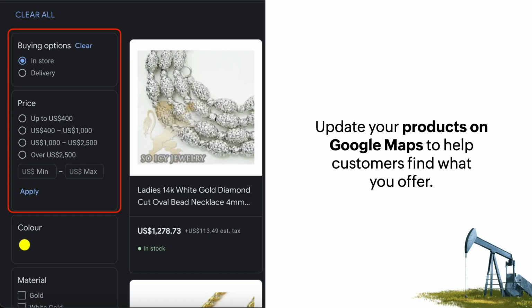Next is about updating your products. On the Google Shopping tab, you can integrate your Google Business Profile with the help of Merchant Center, and you update all your product information there. In the US, of course, a lot of people use the Shopping tab to find products, and they'll directly walk into the store. So make sure that you update all your information on Google Business Profile, and it should be synced with Google Merchant Center. So you will get a lot of leads for your business.